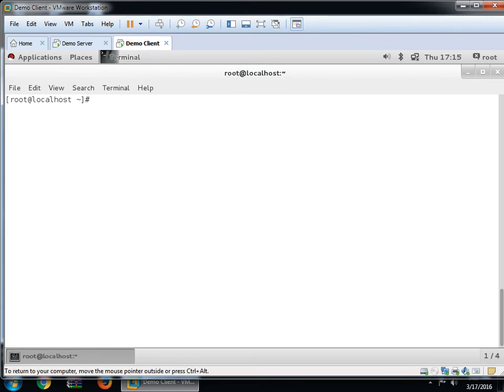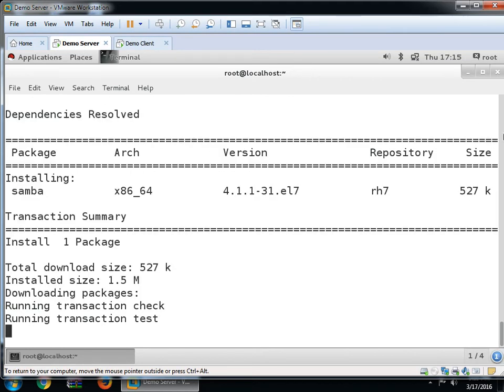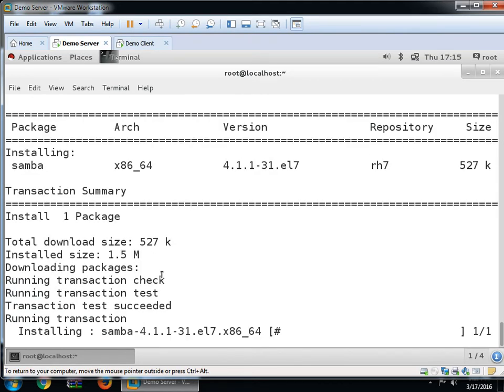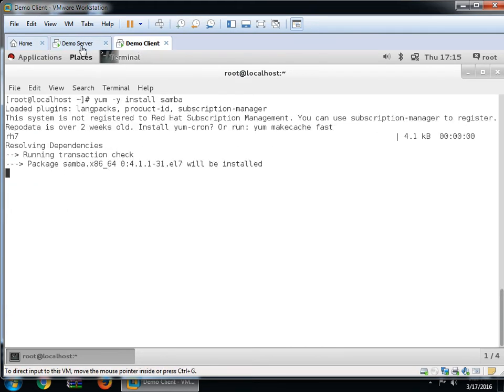Install this role, Samba, on the client system as well as the server system. It will take some time. Once the role is installed, we will configure the Samba server.